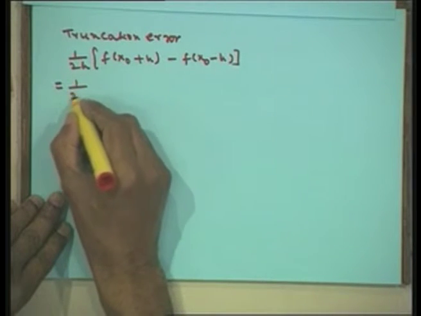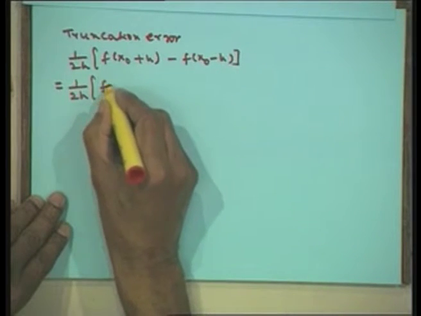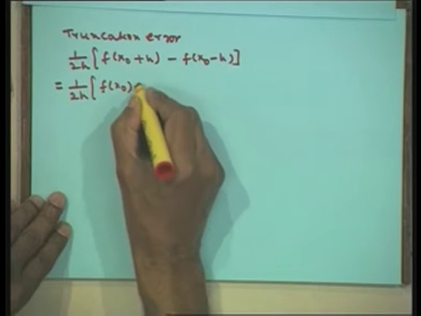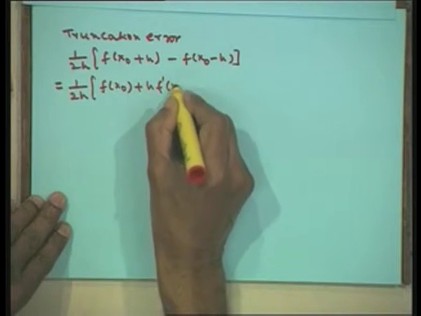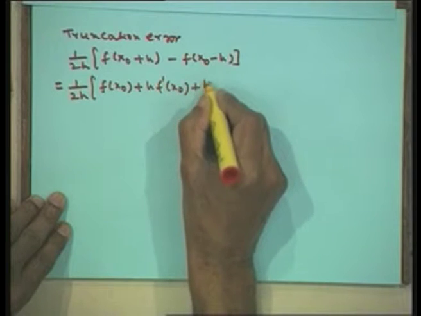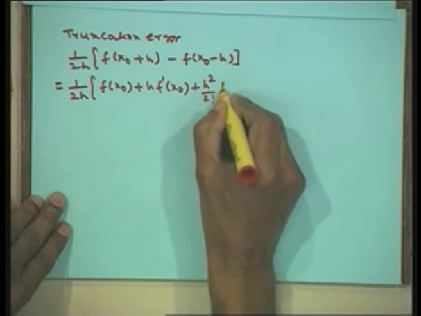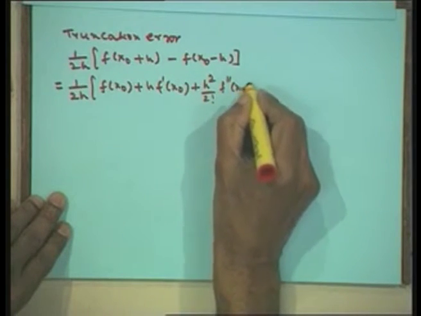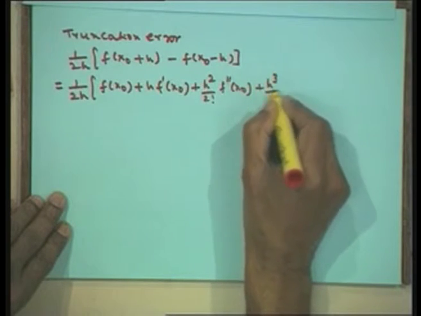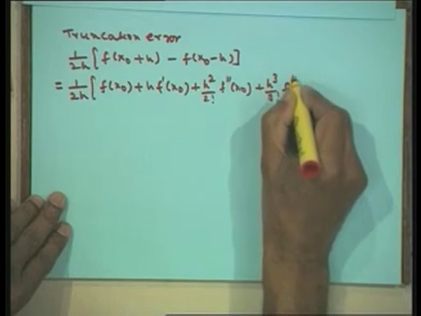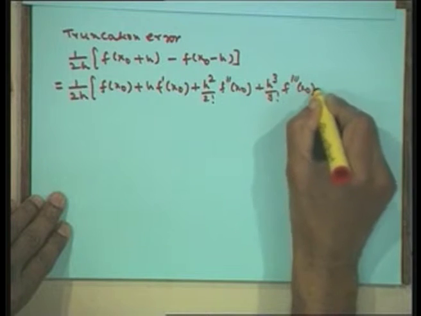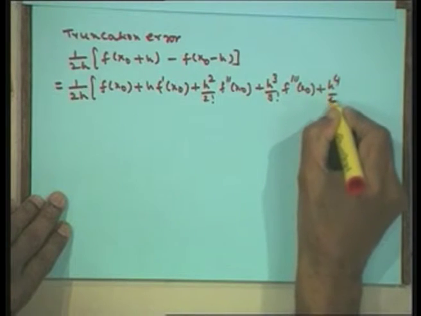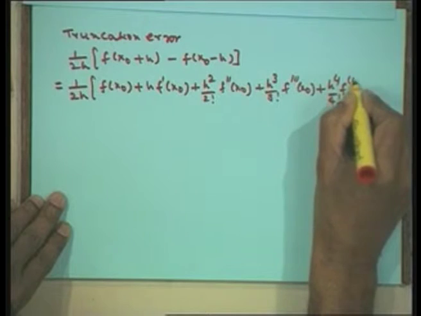Hence, we have 1 upon 2h [f(x0) plus h f'(x0) plus h squared by factorial 2 f''(x0) plus h cubed by factorial 3 f'''(x0) plus h to the 4 by factorial 4 f4(x0)